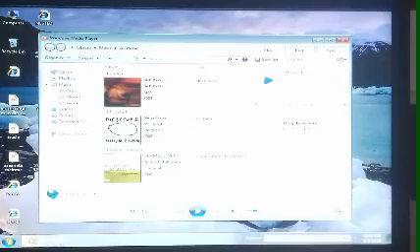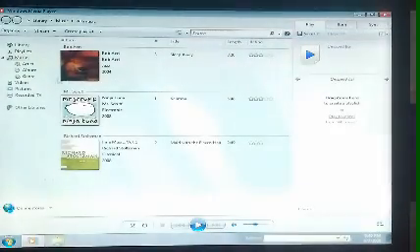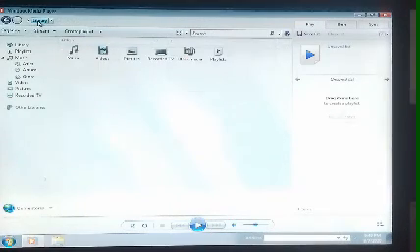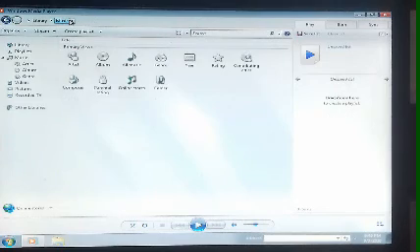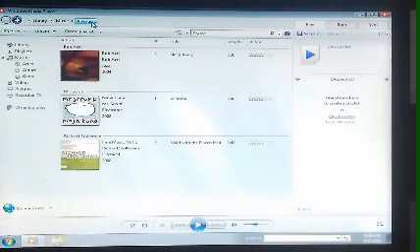This is the Windows Media Player dialog box. Okay students, look here, this is the library. This is the music. Here you can see all these files and folders related to Windows Media Player.